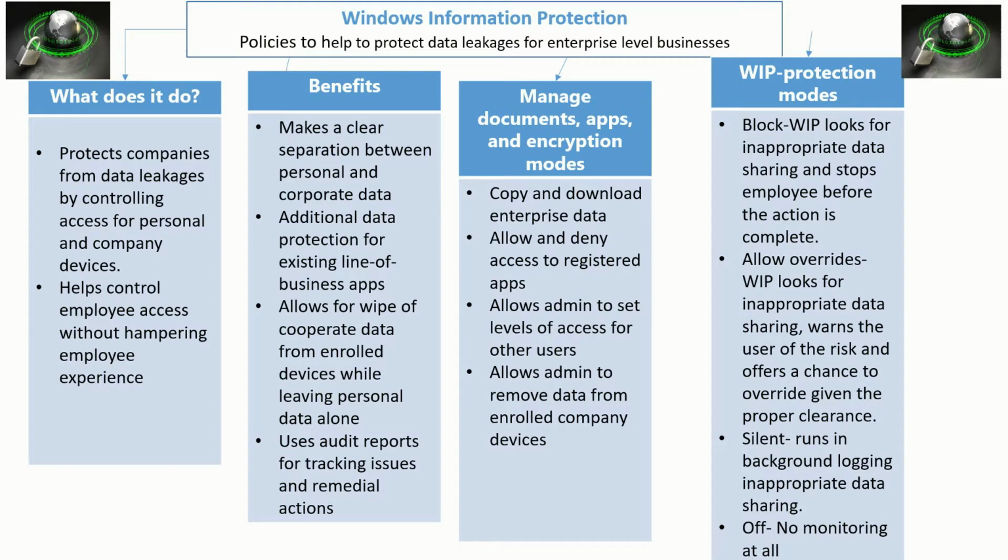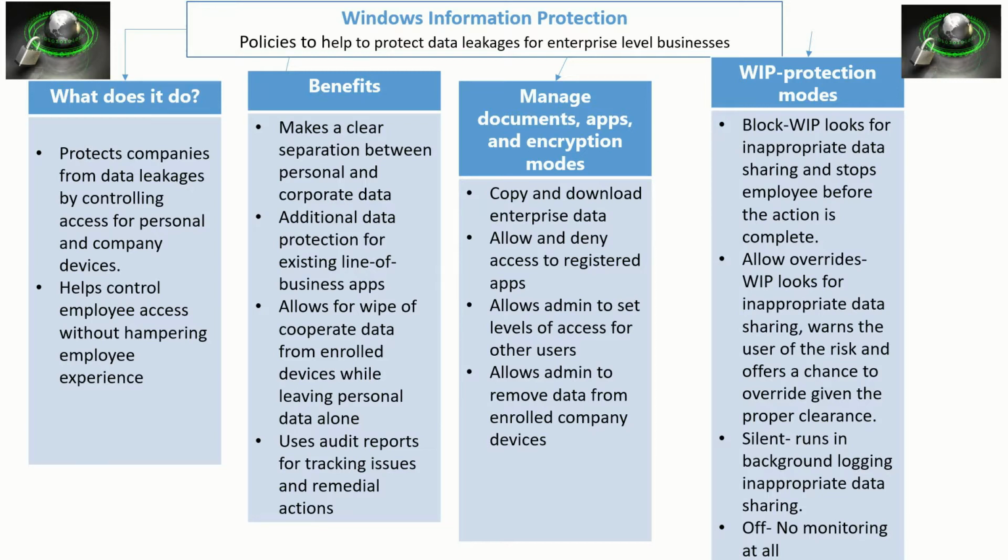There's also an assortment of different protection modes you can use with Windows Information Protection, such as block WIP, which looks for inappropriate access to information, or sharing connections, and it terminates those connections before the information is actually sent. Allow overrides WIP does the same thing as block WIP, except it prompts a user with a warning instead of terminating the connection, and can actually be overridden by a person with the proper clearance so that they can send